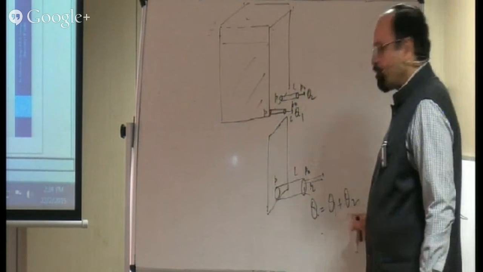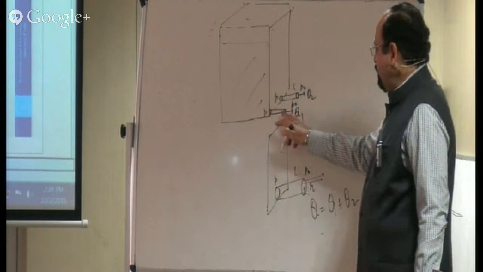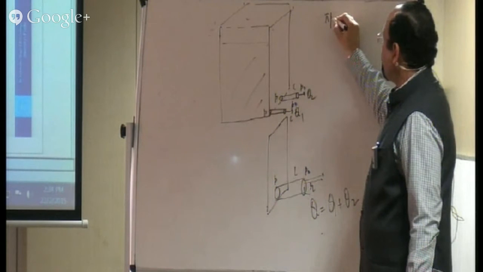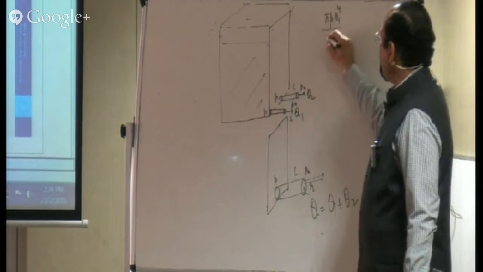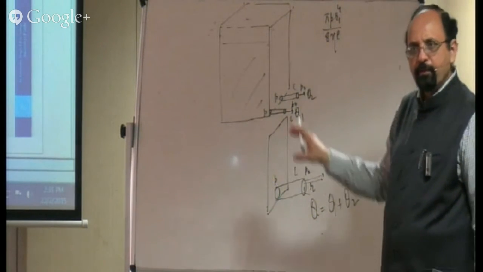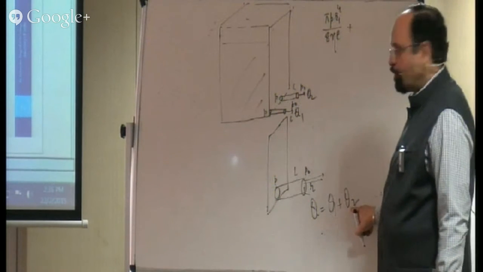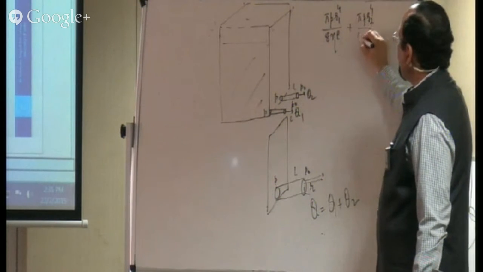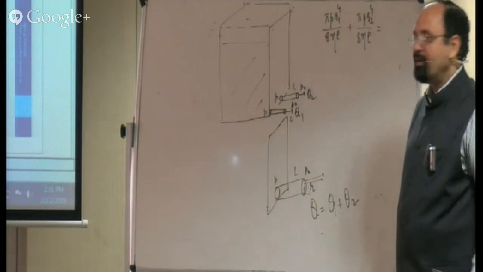Rate of flow in individual cases, Q1 will be equal to pi P R1^4 divided by 8 eta L. L is same for both, right? Plus, I'm writing Q1 plus Q2, pi P R2^4 divided by 8 eta L must be equal to